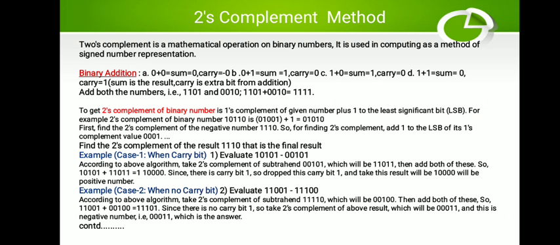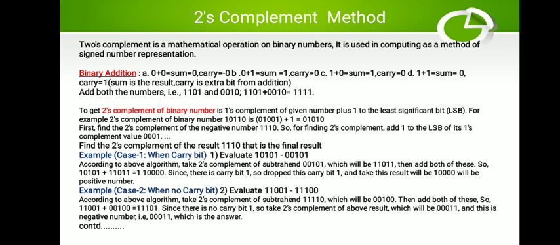Then there is an example shown, look here, that is greater number minus smaller number. It is binary 10101, that is decimal 21, minus 10100, that is 5. So 21 minus 5, in decimal we should get 16. But what is the method? You are using 2's complement to carry out this subtraction.